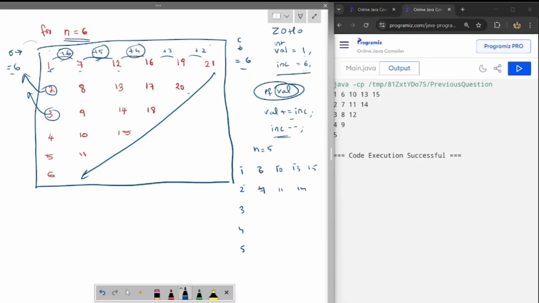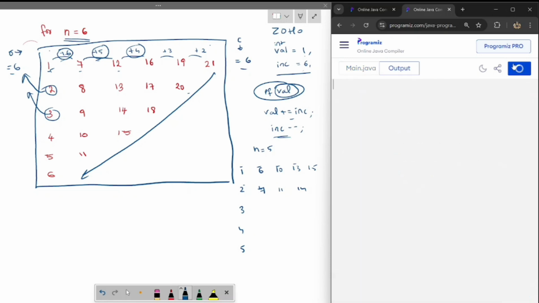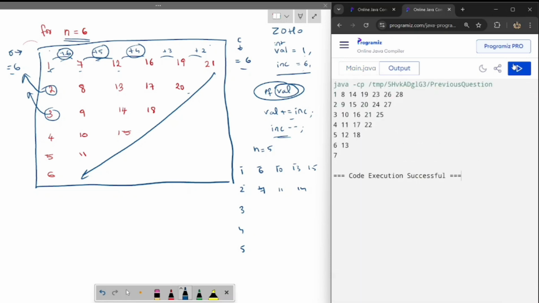See, are we getting it or not? Same way let us check with another number, let it be 7. I am changing this 5 to 7. Now when I run this, we need to get the pattern and the changed output. See, 1 plus 7 is 8, 8 plus 6 which is 14. So this is how the